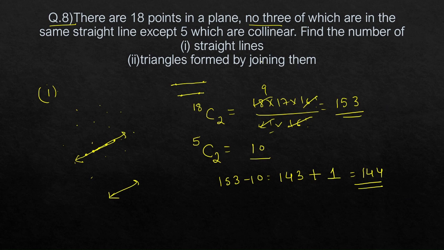तो ये तो हो गई फर्स्ट केस की बात। फिर जब हम सेकंड केस पे आते हैं, ट्रायंगल्स फॉर्म्ड बाय जॉइनिंग देम, दिस इज मच सिंपलर बिकॉज इन केस ऑफ ट्रायंगल्स हमारे पास टोटल पॉइंट्स कितने हैं 18, और हमें एक ट्रायंगल बनाने के लिए, जैसे हमें एक लाइन बनाने के लिए 2 पॉइंट्स की जरूरत थी, अब हमें एक ट्रायंगल बनाने के लिए 3 पॉइंट्स की जरूरत है, राइट? The 3 vertices that we have, that is the reason why we are writing here 3,